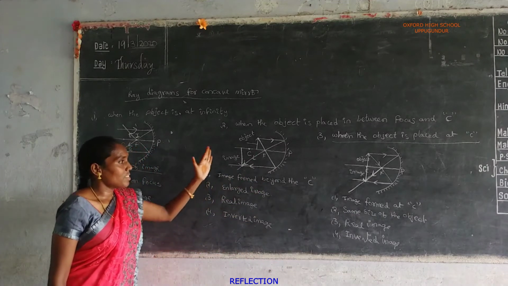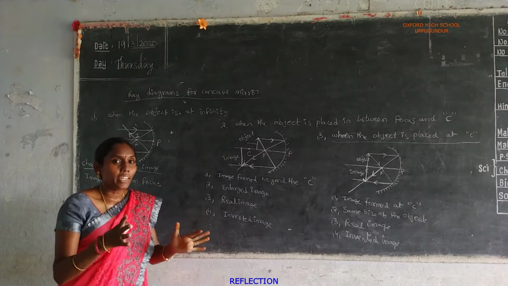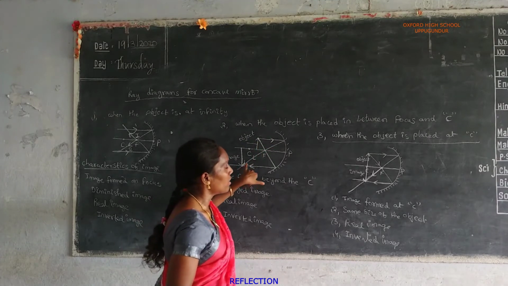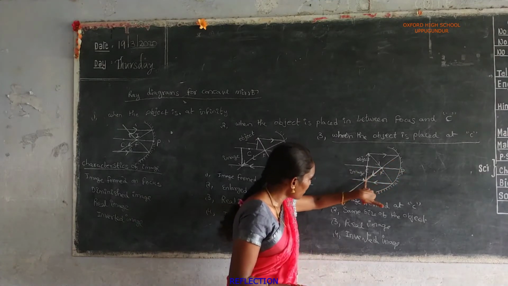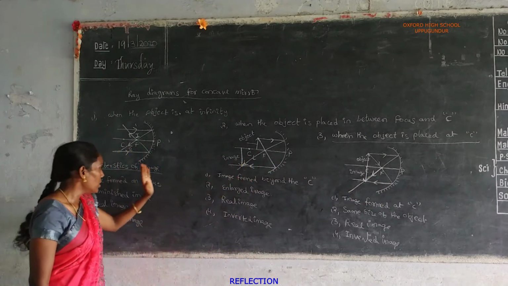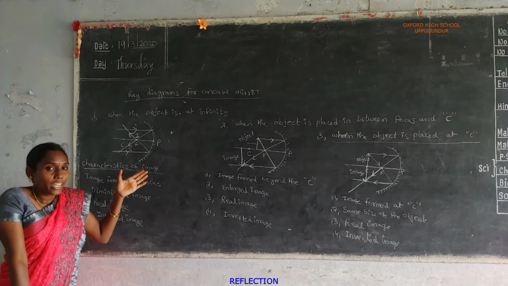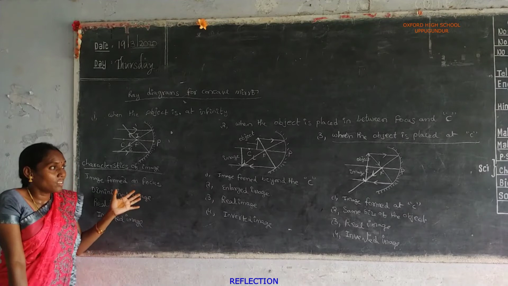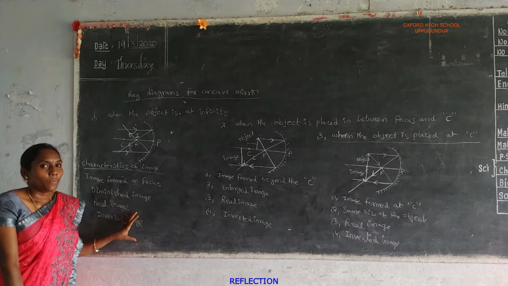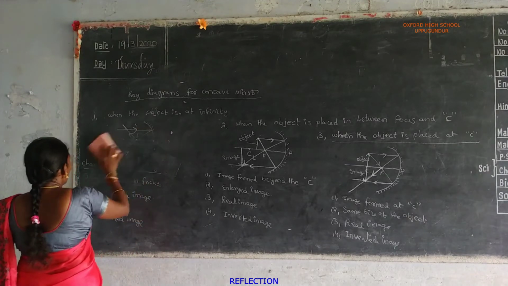In all these cases, the light rays converge at a point. The reflected rays meet at a point. Here the light rays converge at the same point. Here also, the reflected rays converge at the same point. All the converging rays will meet at the same point. That's why this mirror is called a converging mirror. Now see the fourth ray diagram.